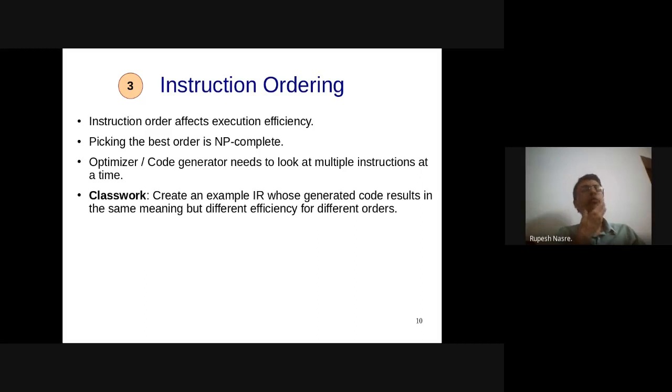Interesting. So what Shirisha is suggesting is that if you are doing a column major access of a 2D array and you start pushing the elements to the register, you will have the same meaning but different efficiency. Are you using an array or are you just talking about something else? Shirisha, are you talking about registers or something else?